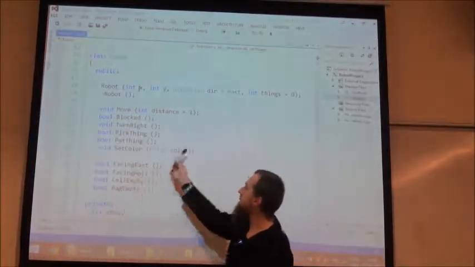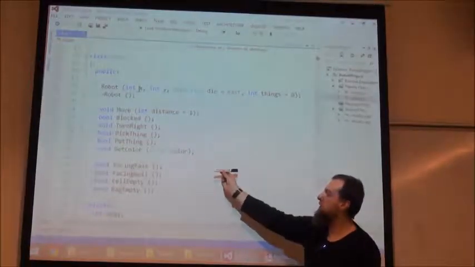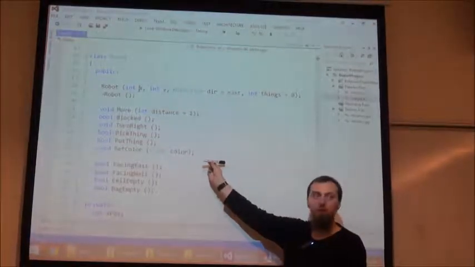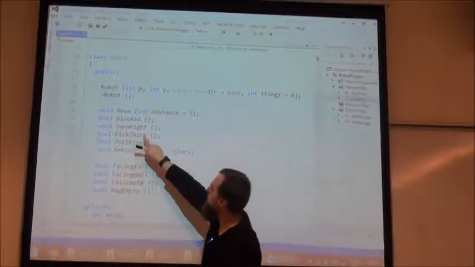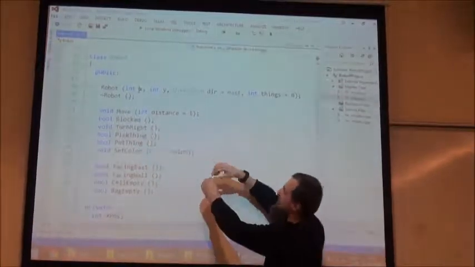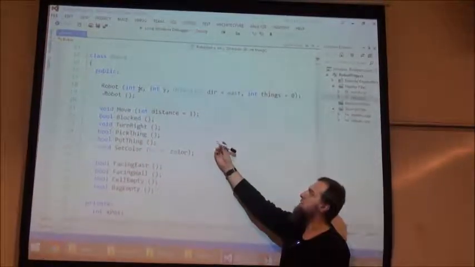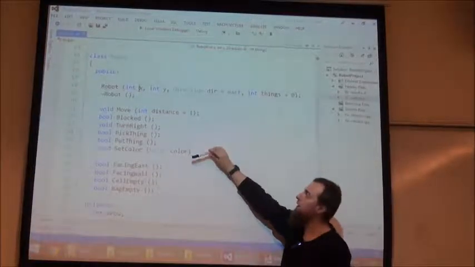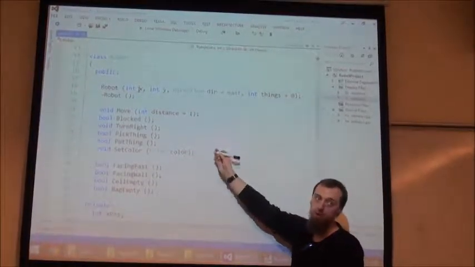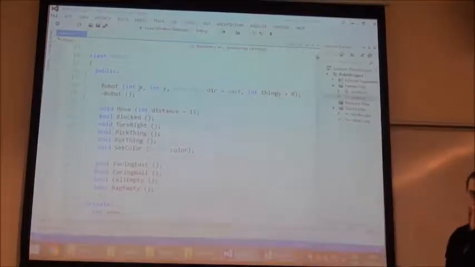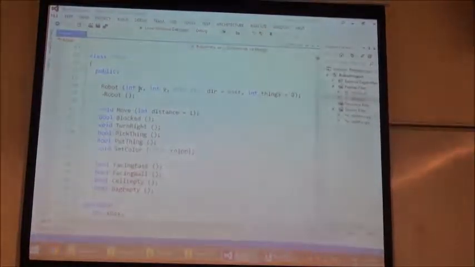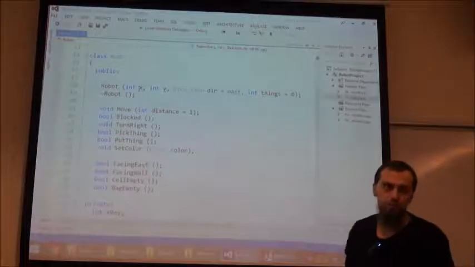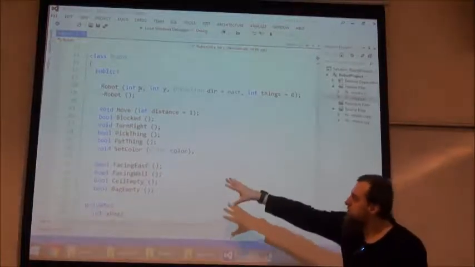So let's say the initial position of the robot is like this. And if I call turn right, this function has no parameters. So turn right, it's going to be like this. Turn right again, like this. Turn right, so on. Okay. We have other functions. You don't need to worry about them for the time being. So those are just the functions we have